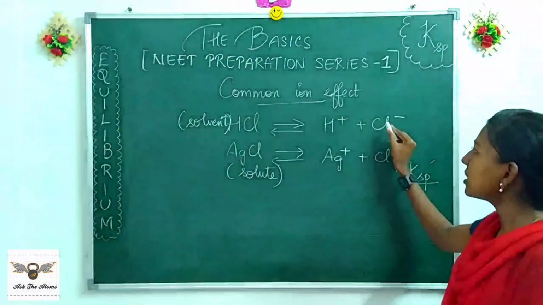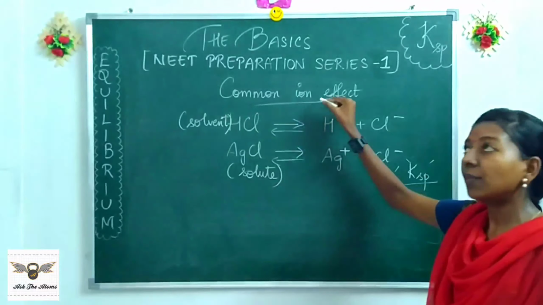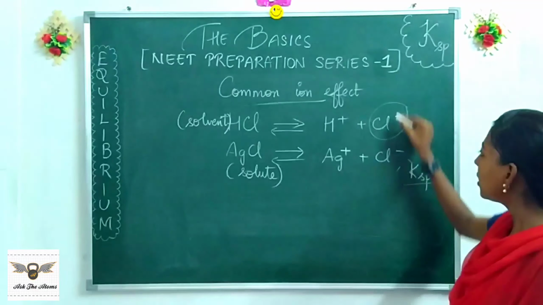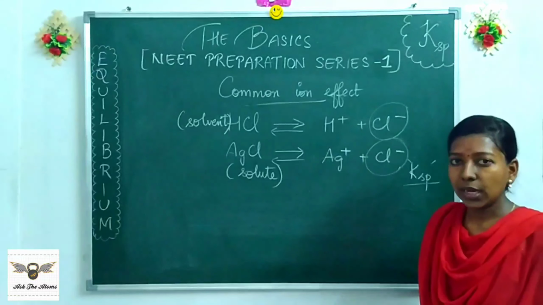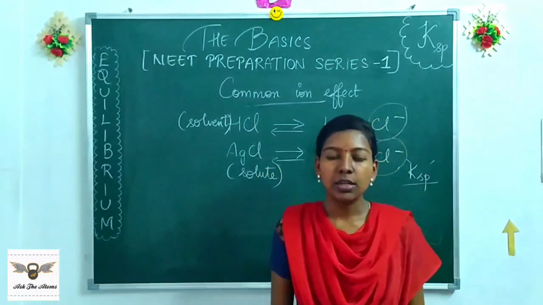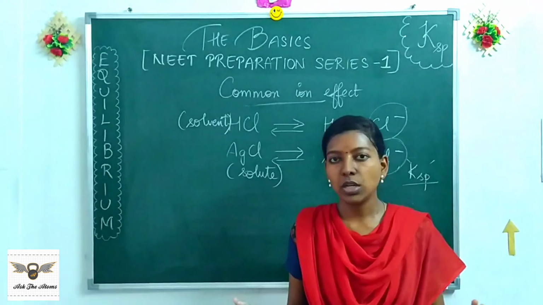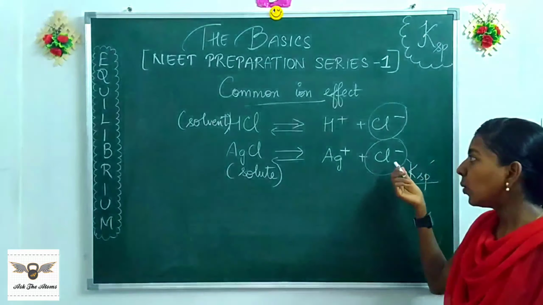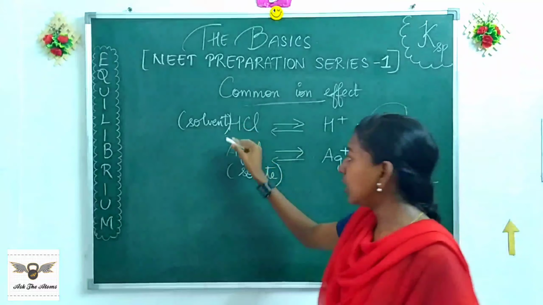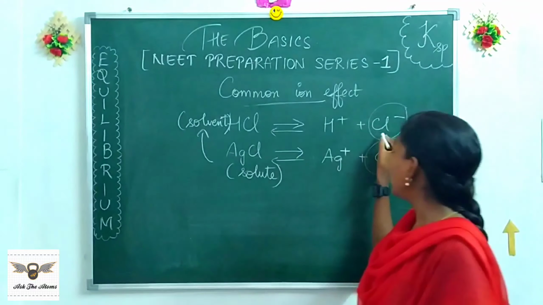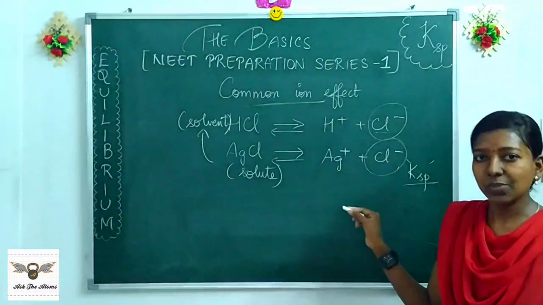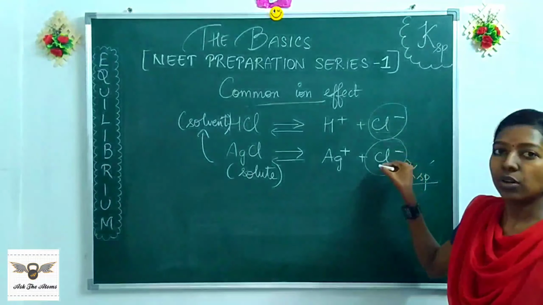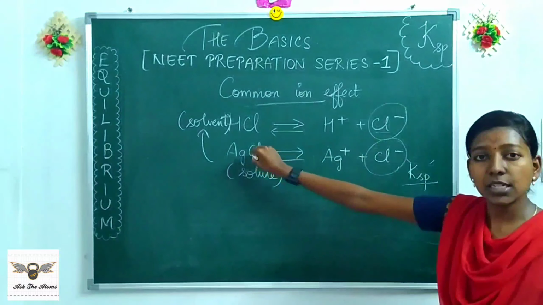So look at this. There is something common, right? The name itself suggests there is a common ion. Come on, try to pick the common ion. It's Cl minus here and Cl minus here. Earlier, when my AgCl was in water, there was no common ion, because water only gives you H plus and OH minus. AgCl has Ag plus and Cl minus. Whereas when you put AgCl into HCl, I have a common friend, Cl minus. There is one more Cl minus for every AgCl in my solute.